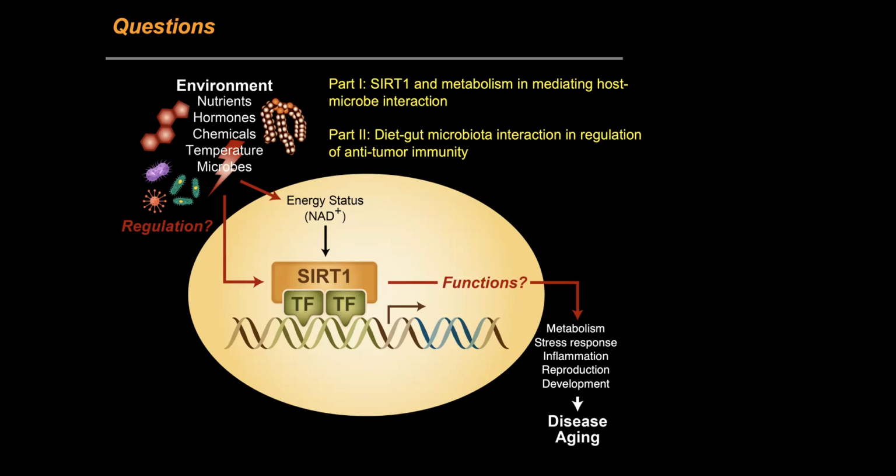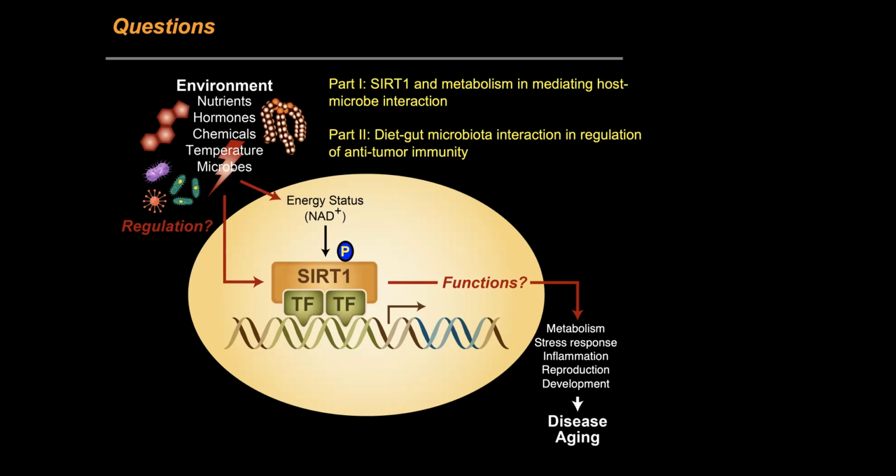So let's talk about SIRT1. SIRT1 is a highly dynamic protein. So its expression and activity can be regulated by a number of environmental factors. For instance, we and others have shown that SIRT1 can be activated by phosphorylation in response to environmental stress, including nutritional stress induced by high-fat diet feeding, chemically induced genotoxic stress, as well as heat shock induced by high environmental temperature.